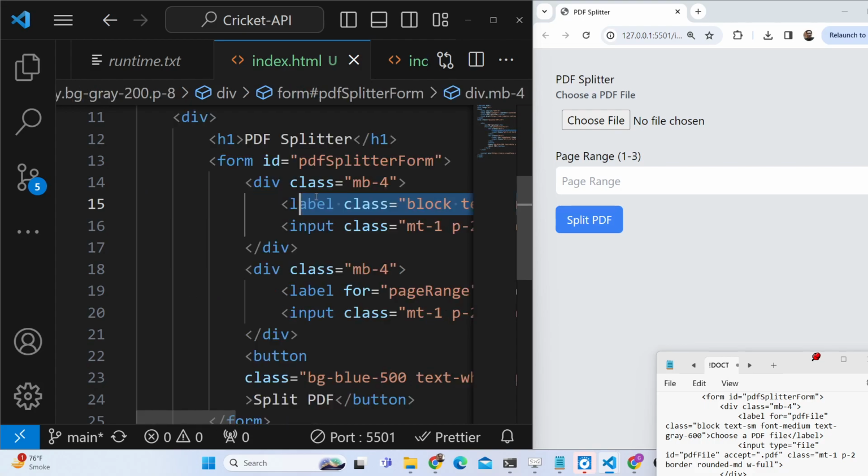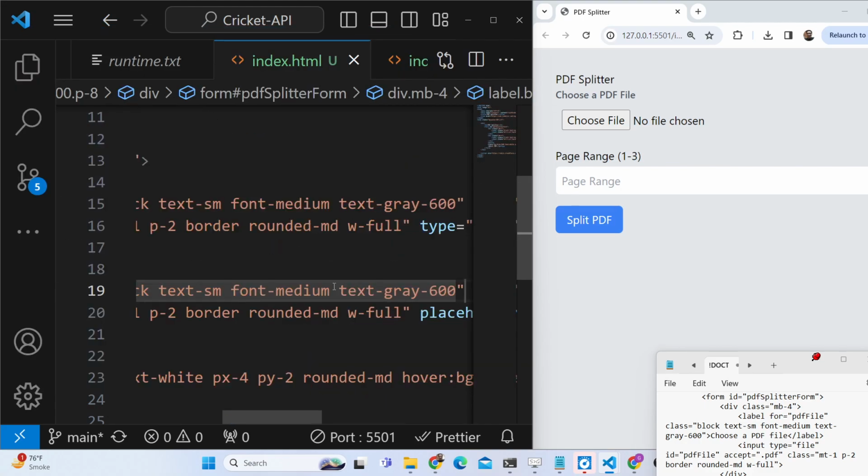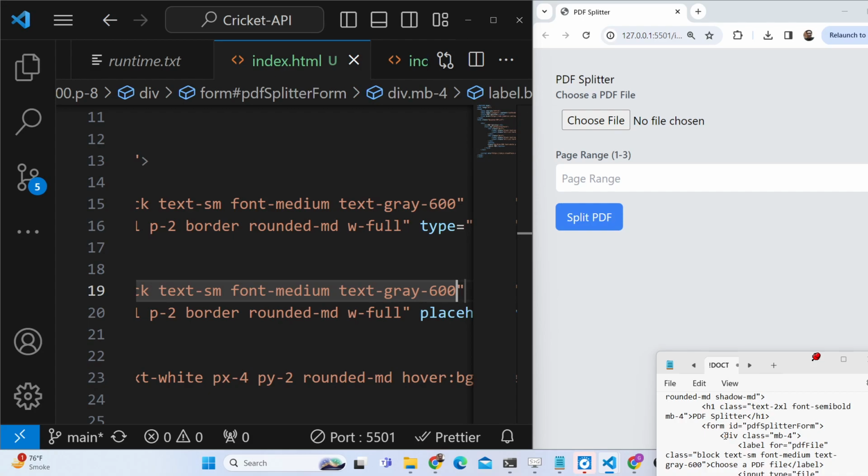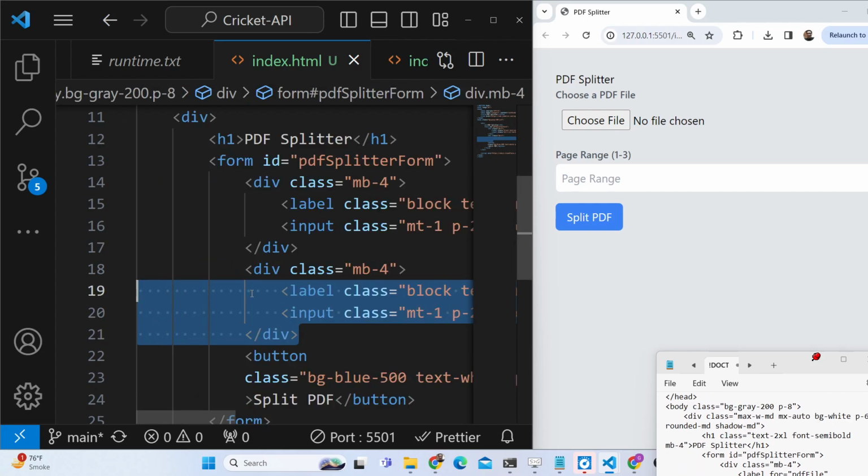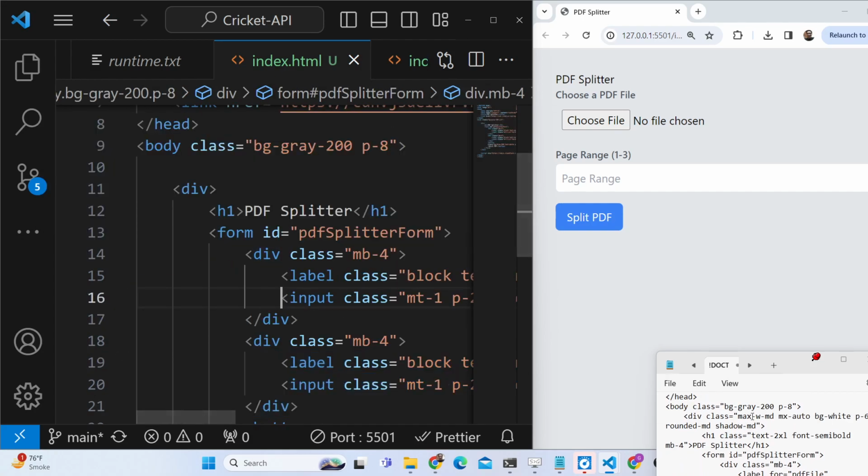These classes we need to apply to this one as well. So simply apply these same classes to this one also. You will see that this looks good now. So after this, guys, what we need to do is style the